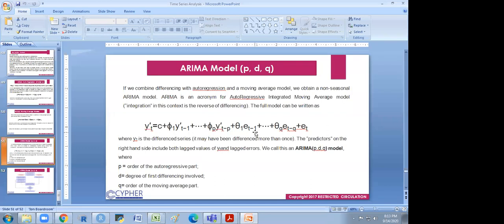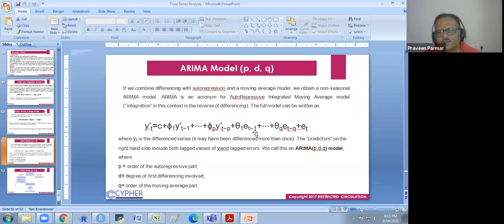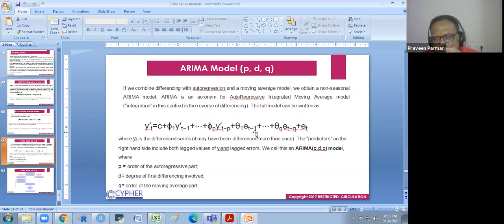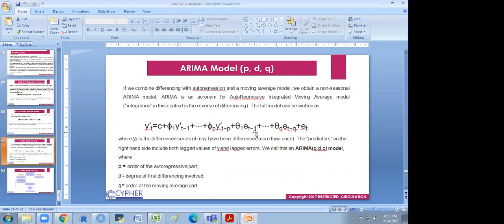Yes, ma'am, it depends on the frequency of data, not the year. If you have monthly data, then you should have 25 months of data. In economics the data is annual, like GDP. The problem is that if it is less than 20 years and we do forecasting from that data, people don't accept the papers for publication. They say it's not a well-fit model because there is not enough data.